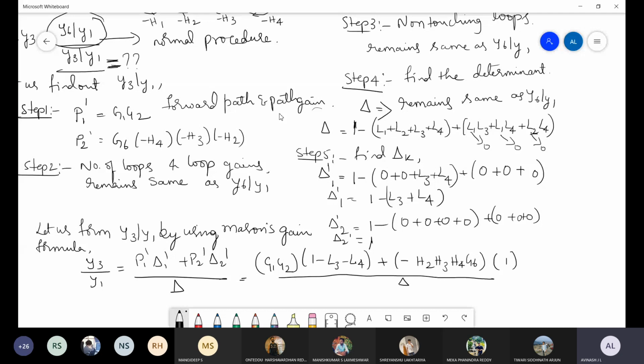So this particular value we are going to get. Delta value and all we have already found out in the beginning of the numerical in the last class only. Is that clear to all of you? Any doubt? Once you find out Y3 by Y1, you just divide the value, so Y6 by Y1, you put it in a format, and you will get the answer. No doubt, sir. Thank you.